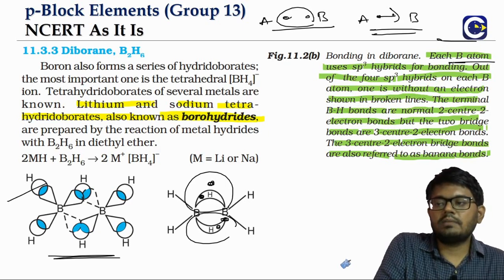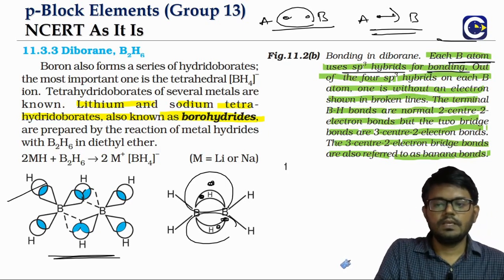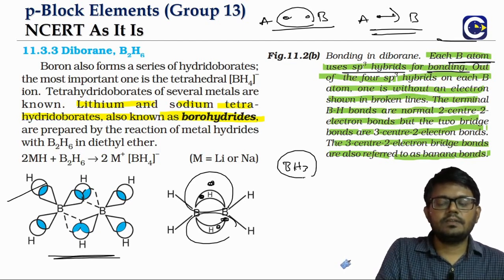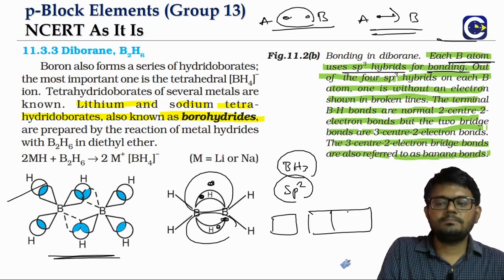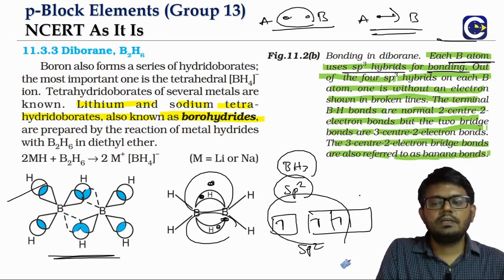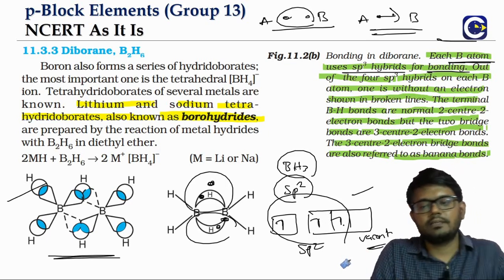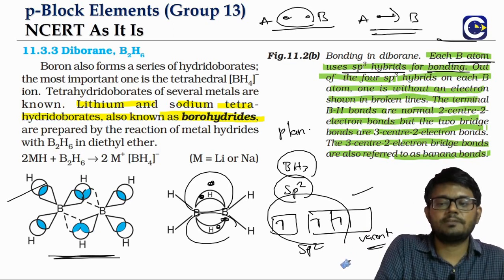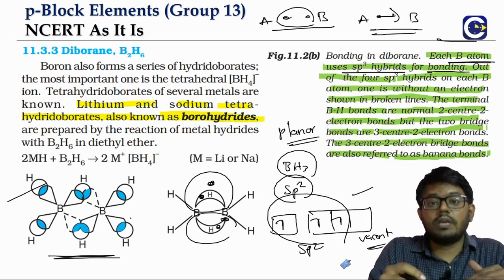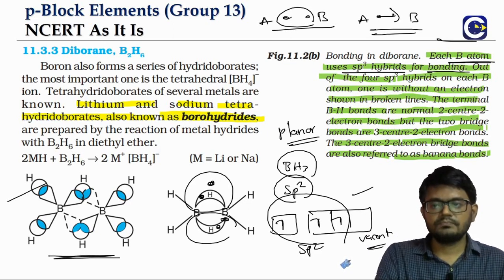The boron atoms in diborane are sp3 hybridized. In BH3, the boron hybridization will be sp2 only, because boron will be having just 3 electrons. It will be using sp2 hybridization, that is in BH3. The other p orbital will be vacant. So BH3 will be having a planar structure, whereas diborane is having a 3D structure. How? Because each boron is sp3 hybridized.